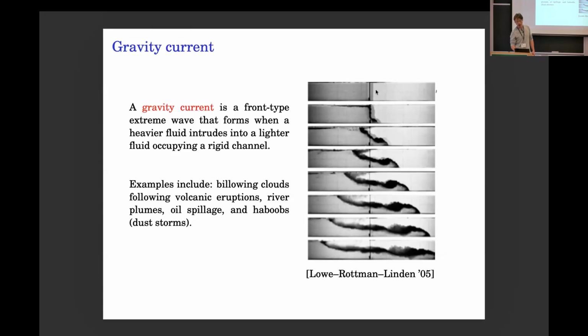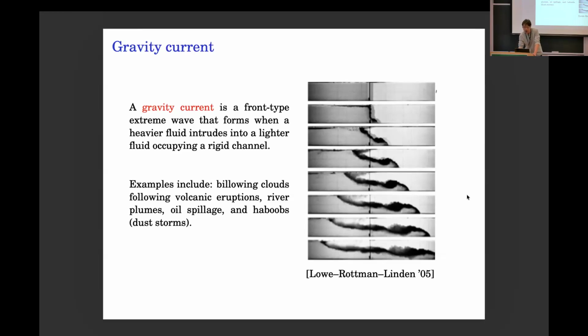Consider a wave tank, and you have two types of fluid with different densities. The darker one is heavier, and the other one is lighter. They're separated by a vertical gate. At a certain point, you lift the gate open, and the denser one will intrude into the lighter region. If you wait a little bit, you can see a very steady wave pattern forming, which looks exactly like this. This can be very easily regenerated.